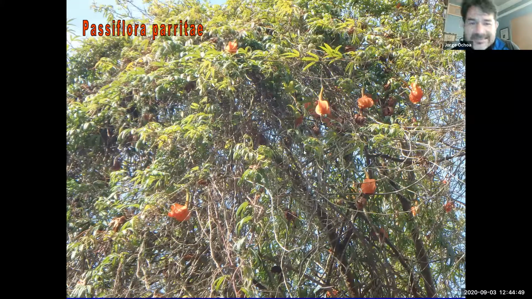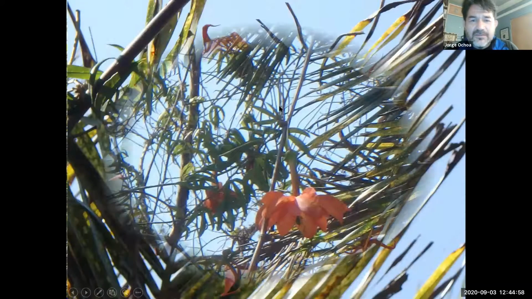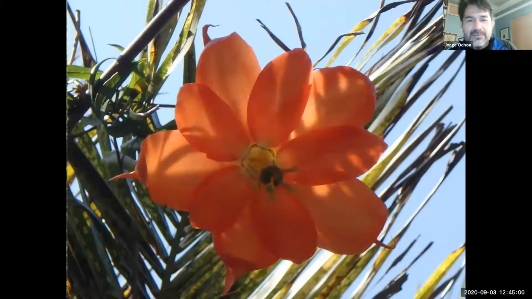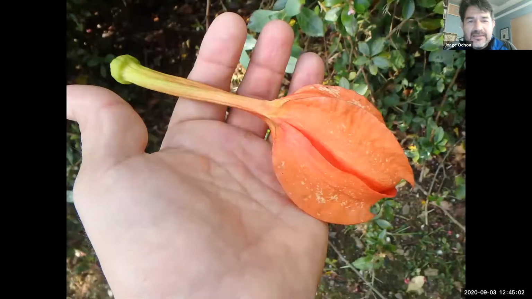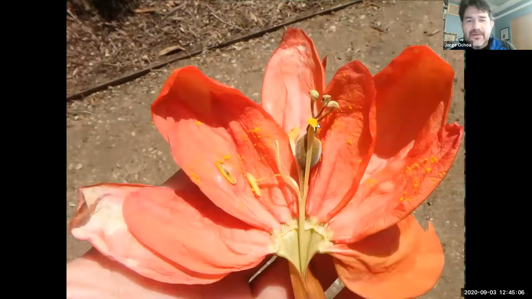It is in San Francisco, Strybing Arboretum. That's where the photographs were taken. When I was there a couple of years ago, there were a few flowers still, so I was able to photograph it. And there's the flower in my hand, and there's where I open it for taking the photograph. Now they found a few more, but luckily it's still alive, but it's still in a lot of danger.